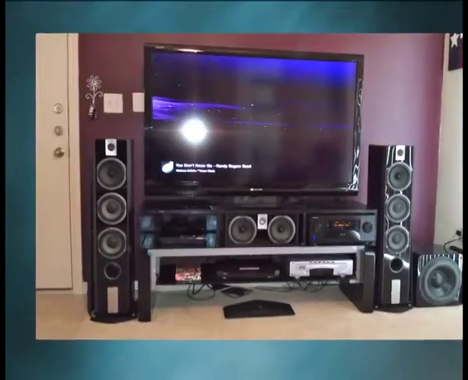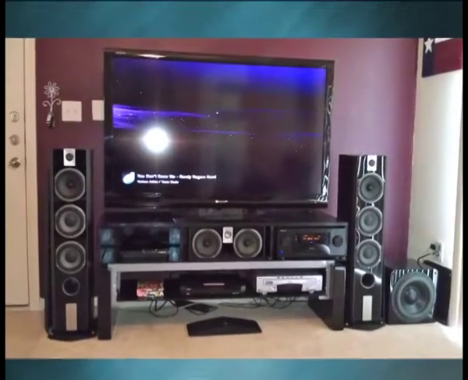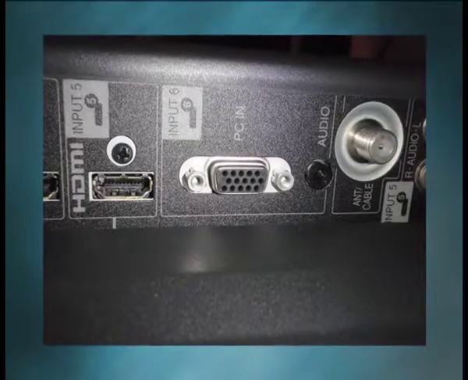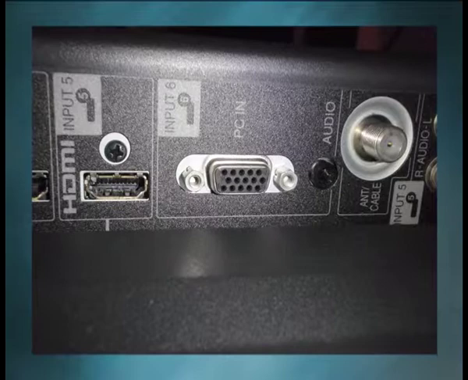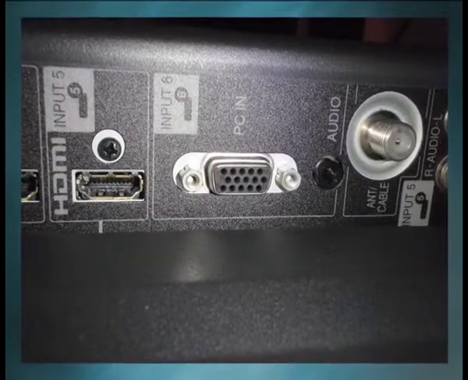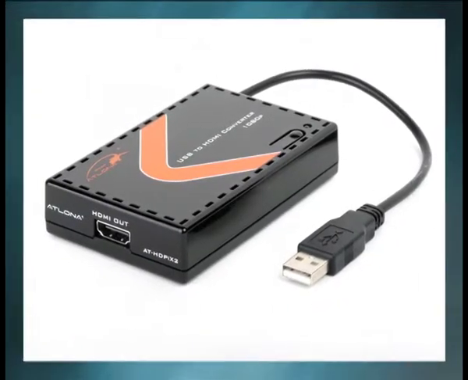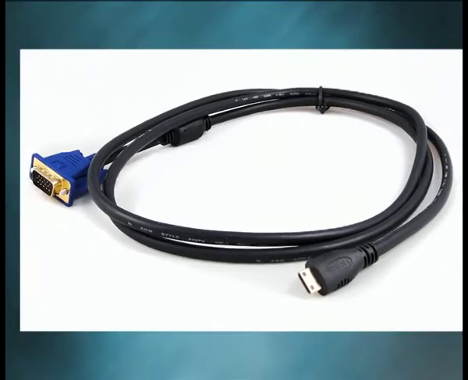What you need on your PC? The most basic way to integrate your PC with your home theater is by simply finding a way to connect your PC or laptop to your home theater system. To do this, the HDTV should have a VGA PC monitor input connection. If it is not there, a USB to HDMI or VGA to HDMI converter may be purchased so that a PC can be connected to an HDTV.